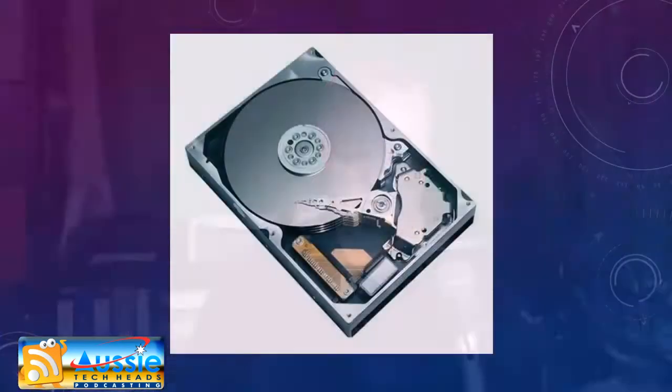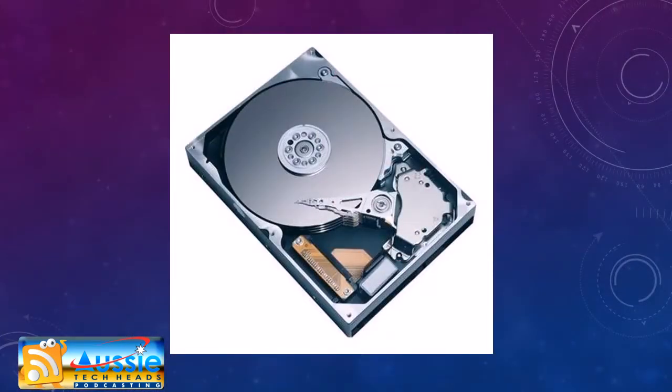Because you'd probably have a lot of storage. 1 terabyte per month, $10. Now if we have a look at things like OneDrive, which is Microsoft, they've got 7 gig free. So for 100 gig, Google is now $2 a month. 100 gig from Microsoft is $50. And if you look at Dropbox, 100 gig is